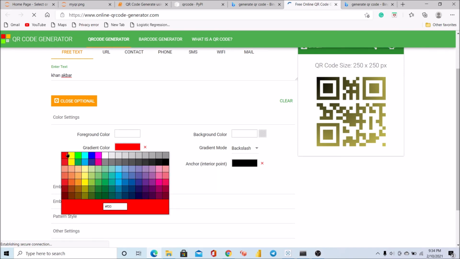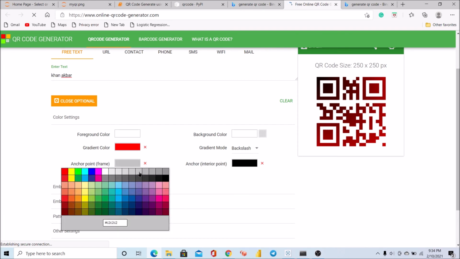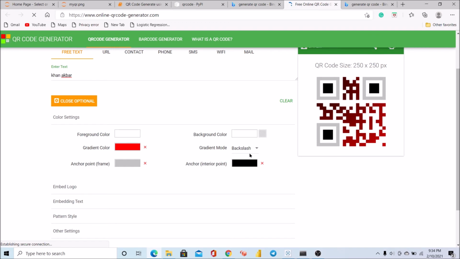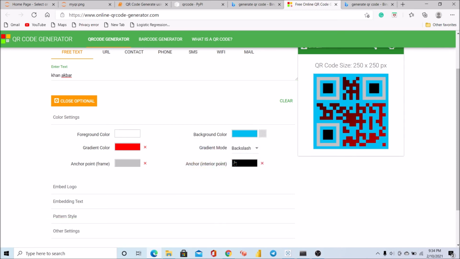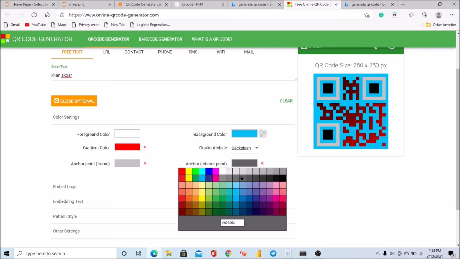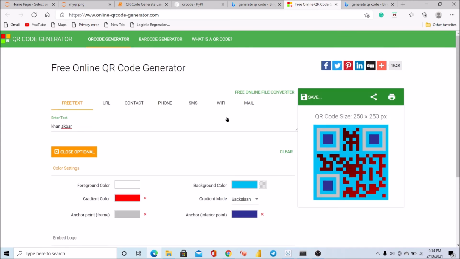So you can also make that type of website. This is an anchor frame. Let's see the background color. I want something like this. Just looks nice. I think, yeah, looks good. What you need, you can share this QR code, you can download this QR code, or simply, this is an image, so you can share it. You can also make these types of websites.